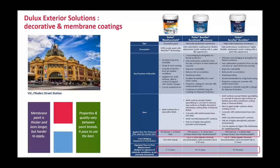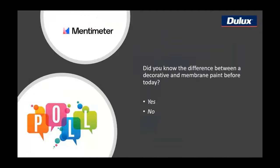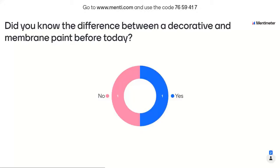So, quick Mentimeter question is, I'm just curious if everybody knew the difference between a decorative, which is the Weather Shield, and a membrane, which is the Acra Shield and the Acra Skin paints. So just keen to know if everybody knew that. Oh look, we've got half, well, 1 and 1. Anyone? We'll just wait for a couple more answers. Oh look, looks like we're kind of split down the middle or getting a few more no's. But that's a really valuable